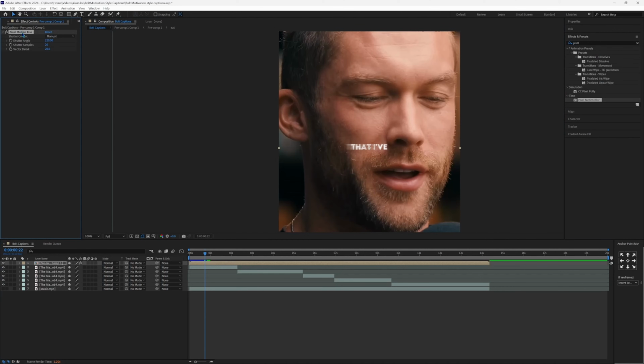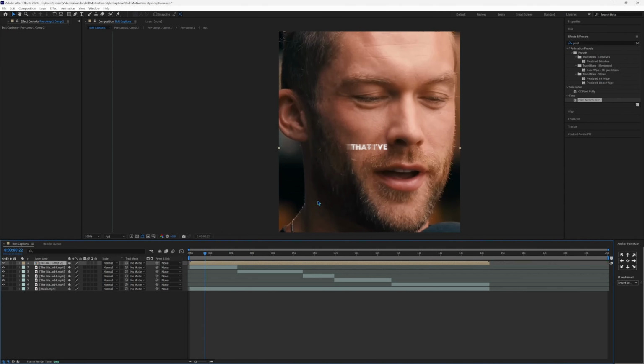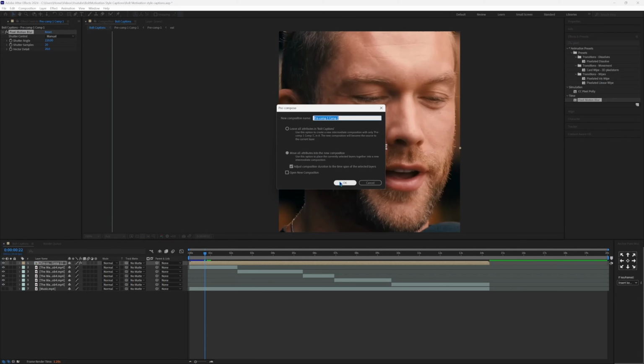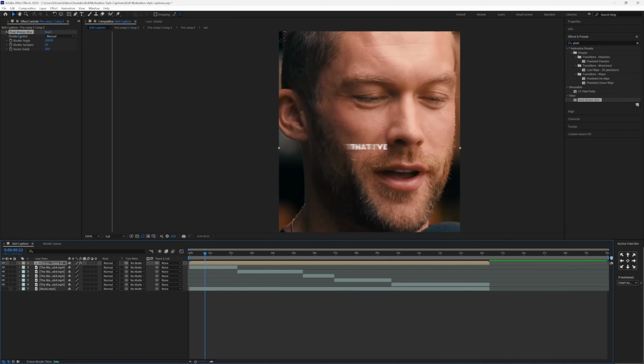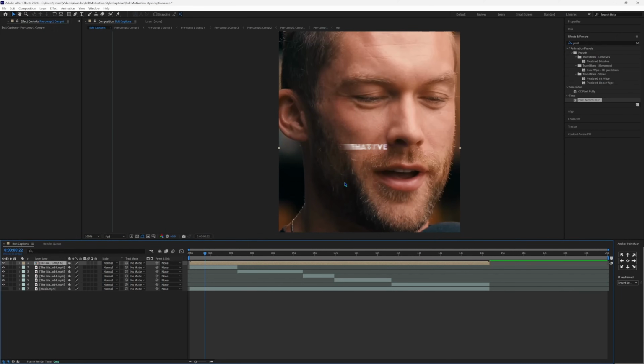So you're going to go ahead and click Ctrl C to copy it. So what you'll go ahead and do is you're going to pre-compose this once again and then paste the effect. So what you'll do is you'll pre-compose and paste the effect for the second time. And then you'll do it for the third time, for the fourth time, and for the fifth time, and you'll pre-compose them once again. And as you can see, there is way more motion blur right now, which is perfect,